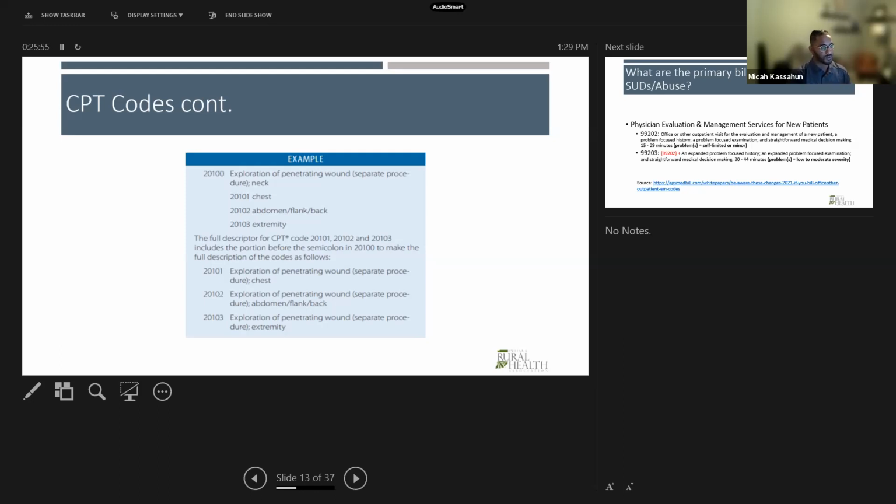So again, the addition of the semicolon has been used and is widely understood: anything before will be the base, and everything after is the specific area to which it is applied, of what the medical team is doing to examine and view the site of the diagnosis. And so there are full descriptors for all of these. The numbers do not specifically go up 0, 1, 2, 3, 4, 5, 6, not like that, but based on what is available and what is understood as common medical practice. And so from that point, in numerical order, they increase over time.